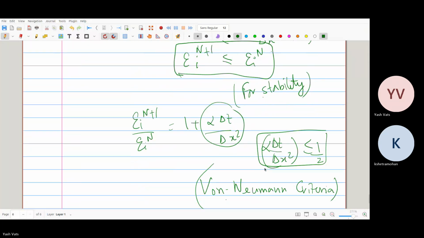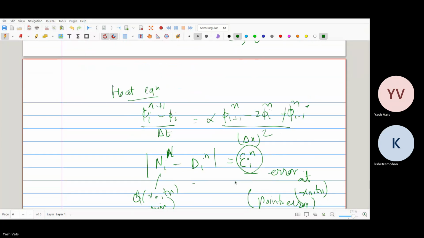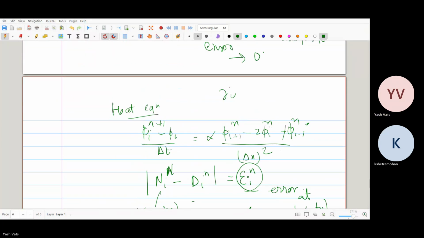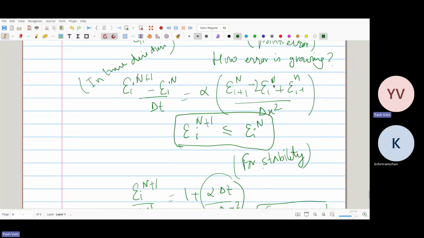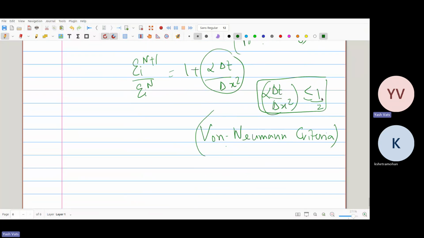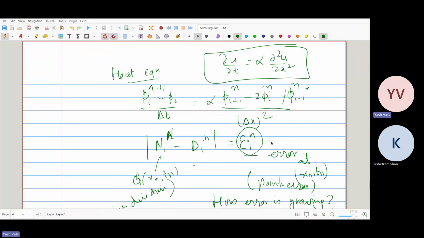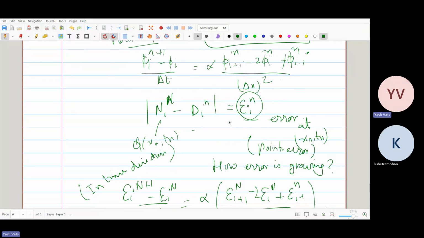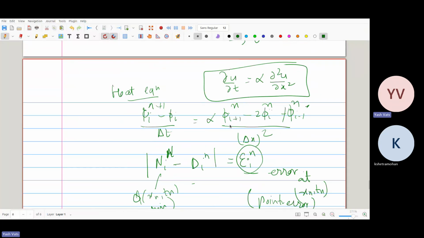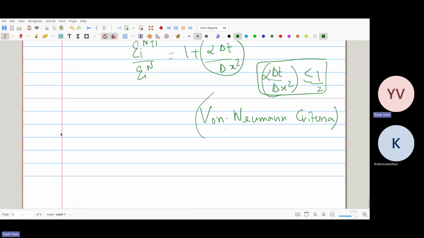So for this type of equation, del u over del t is equal to alpha del 2u over del x square, if such a condition holds, then you say that your numerical scheme is stable for this kind of equation. This is for the FTCS scheme. But if you have a different scheme, like I would say,